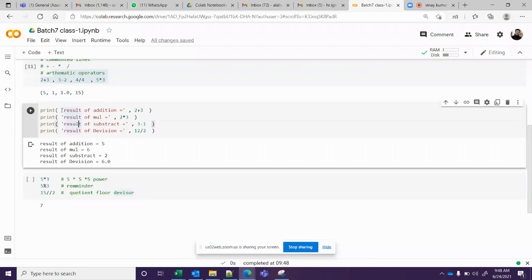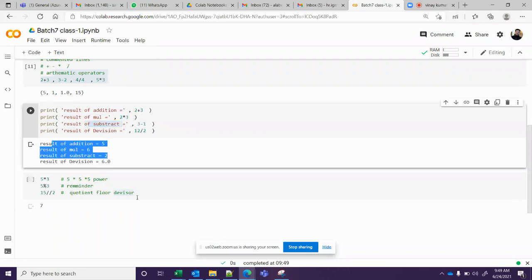Here the output is just coming, and you don't know which expression is giving which output. So what I'm going to do is make clear print statements, constructing statements. See how I'm constructing: result of addition is equal to, this is your statement. This is called a literal. Constant strings are also called literals. You print it 100 times, you are going to get the same value. So we call them literals. This nomenclature you should also learn along with the programming. The terminologies and nomenclature should also be used, you have to learn them. That's how you are going to impress in your interview. So this is called a string literal, because it's a constant string, separated by a comma from your expression or equation. I wrote this mainly yesterday: result of multiplication, result of subtraction, division.